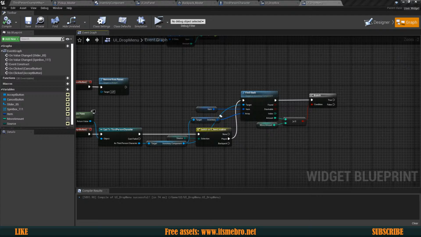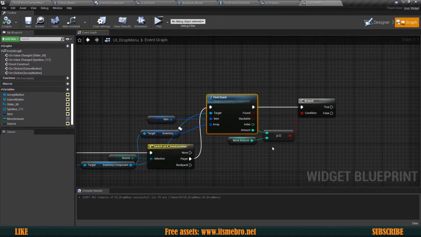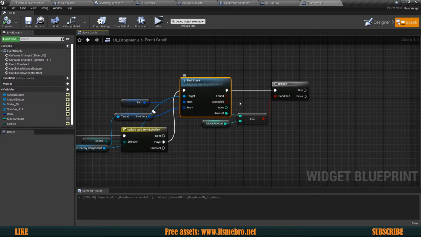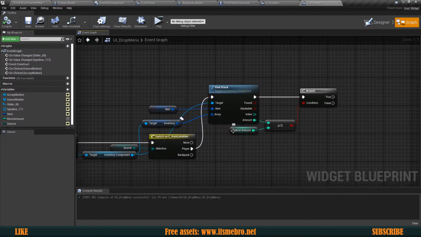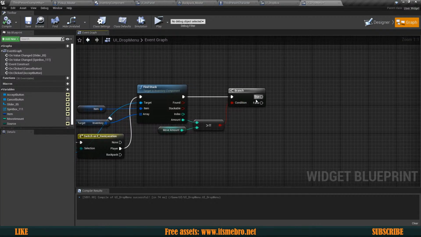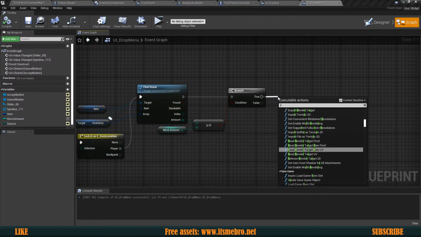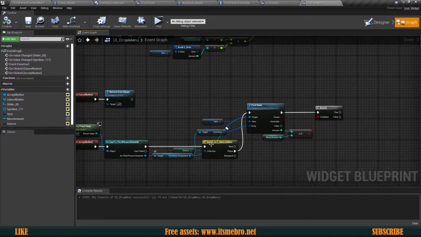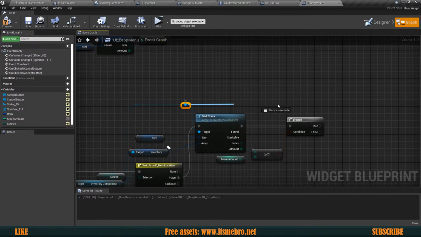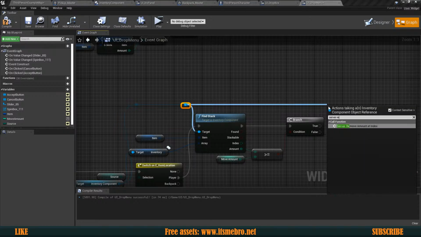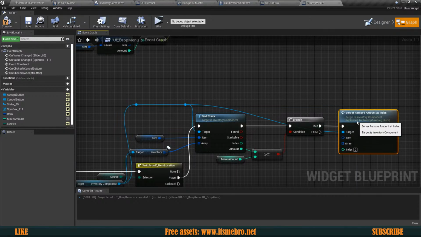There we go. So I'm back. So let's go ahead and make sure this is getting replicated. First we are finding a stack, making sure we have plenty of items, and if we do, then we can run from the component. So I'm going to reroute this a bit, and from the component we can run our server remove amount at index. This is the one I want to reroute,